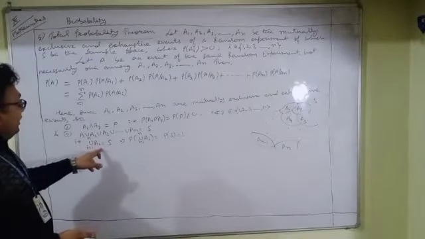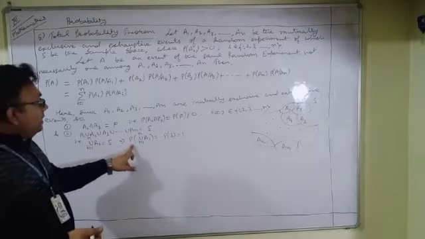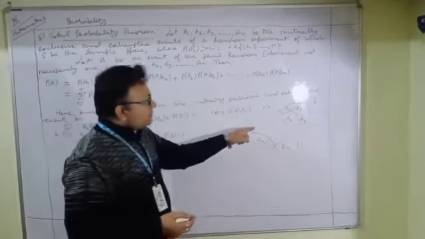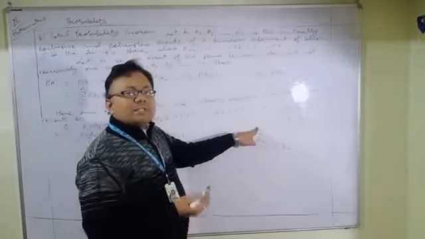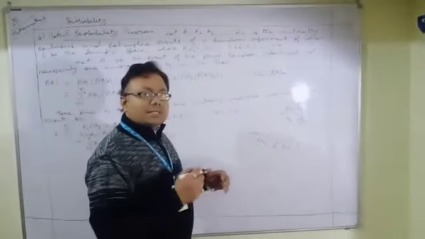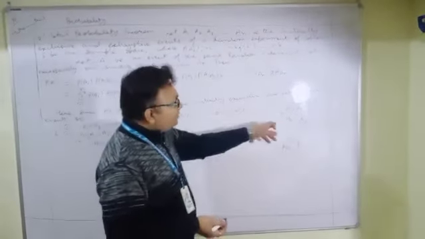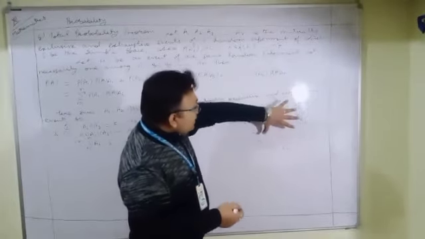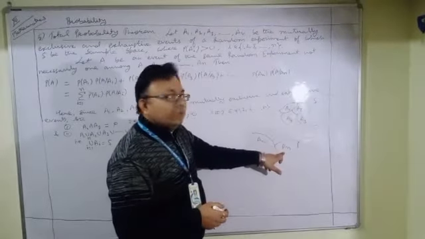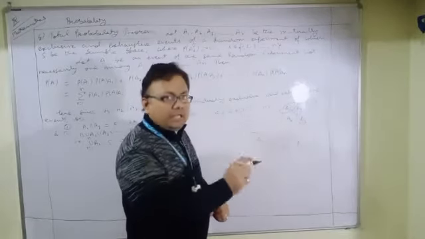That is, the union of Ai where i varies from 1 to n is equal to S. If we consider its probability, that will always be equal to 1. Even at this place, I tried to explain the meaning of mutually exclusive and exhaustive events. As we are considering a system of n events which are mutually exclusive and exhaustive, we can represent it like this: S is a complete system which has been divided into n events, and these n events don't have any common element at all.